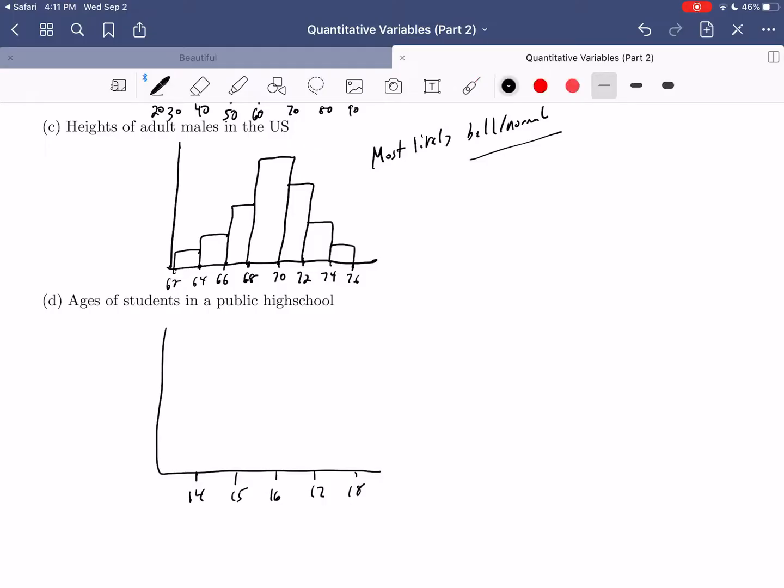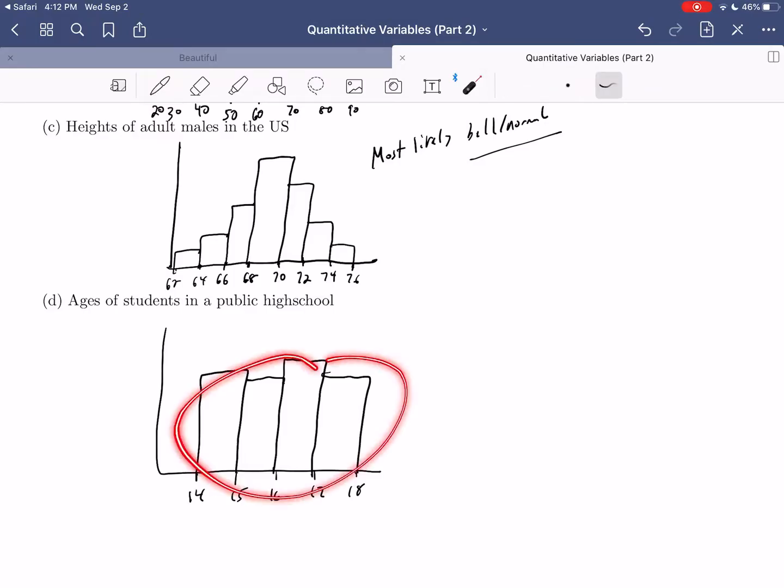So maybe there's a lot of 14 to 15-year-olds, maybe slightly less 15 to 16-year-olds, maybe more 16 to 17, still a good amount of 17, 18. What we're saying is that there'd probably be about the same amount of 14 to 15-year-olds as 15 to 16, 16 to 17, 17 to 18. In other words, we're talking about something that is most likely